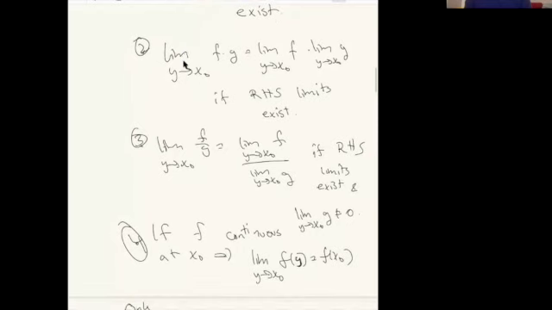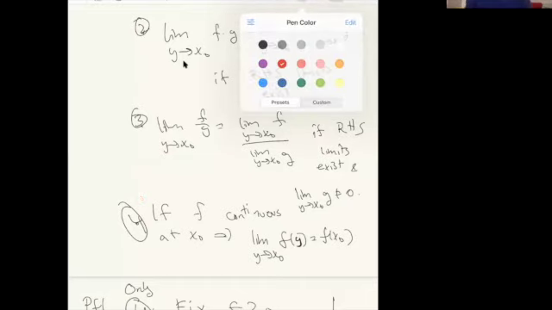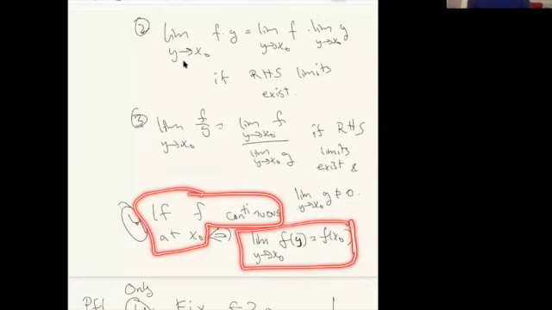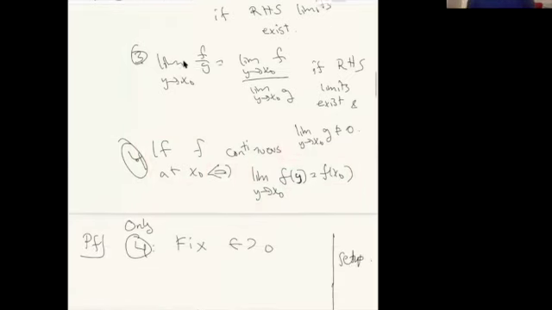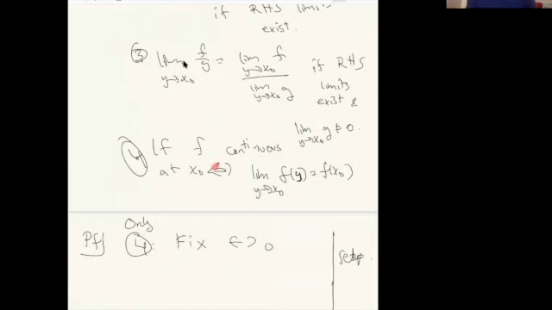Now, how this relates to continuity is that this is actually an if and only if statement; it goes both ways. The function f is continuous at a point x naught if and only if the limit as y approaches x naught of f of y is equal to f of x naught. I want to prove something about these, so I'll prove that continuity implies this fact. This fact is quite direct. So only this direction,